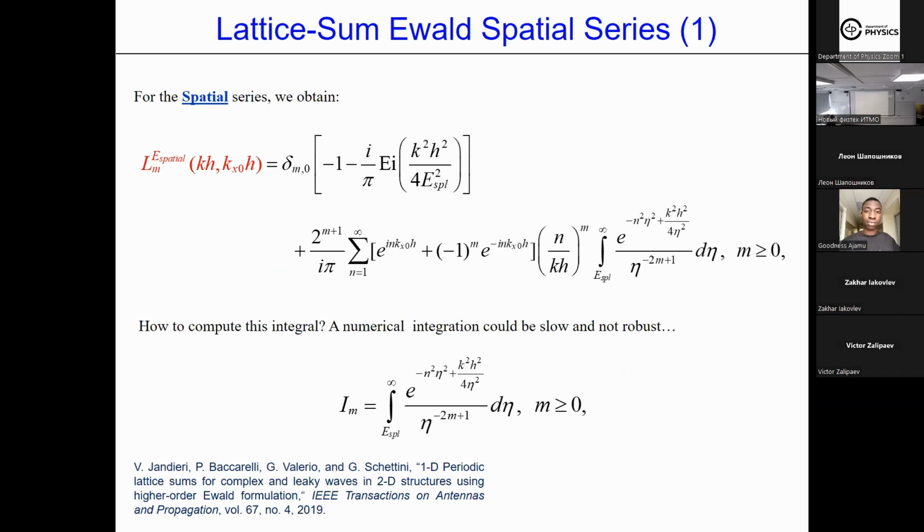Let me say a few words about this integral. Usually this integral, as I mentioned, has the splitting parameter, which is a fixed parameter. In our case, it's the square root of pi, 1.77. This integral is important because it can be very easily calculated using, for example, the trapezoidal rule, or using the Simpson rule. It does not take much time actually, but in order to further speed up the calculation process, we use